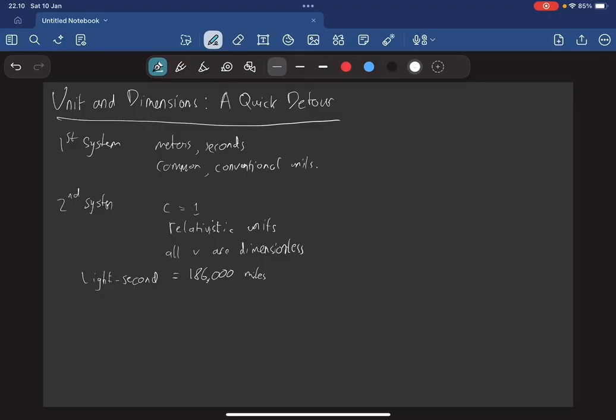Here's what matters. A light second is a unit of length, and by definition, light travels 1 light second per second. In effect, we're measuring both time and length in units of seconds. That's how velocity, a length divided by a time, gets to be dimensionless. When we use relativistic units, a velocity variable such as v is a dimensionless fraction of the speed of light. That's consistent with c itself having a value of 1.